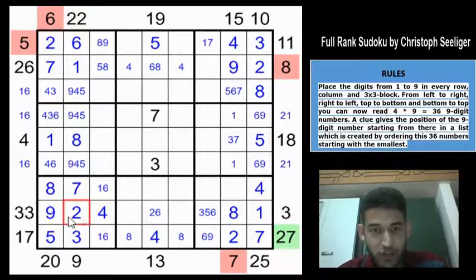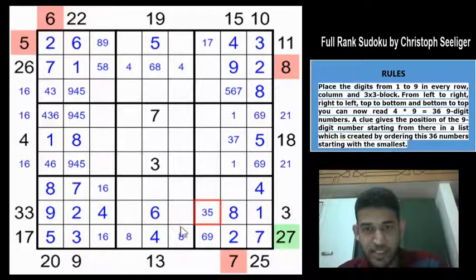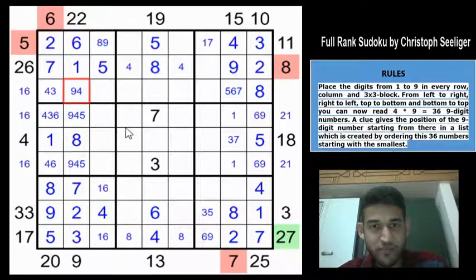Okay, we have a 2 here, we get a simple digit here, so this will be a 6 and that eliminates the 6 from here. This 6 gives an 8 here, which gives a 5 here, which rules out the 5 from here. Beautiful. And because of this 8, we will get an 8 here using classic rule. And this must be 3, 4 or 9, but 4 is here, so this is a 3 and 9. Now we get a triplet 3, 4, 9.